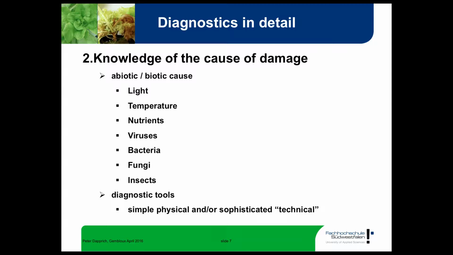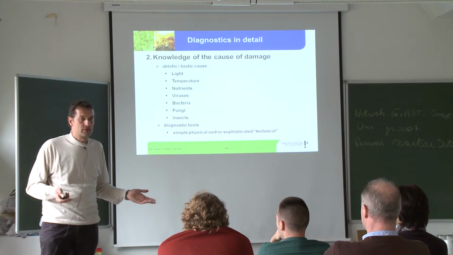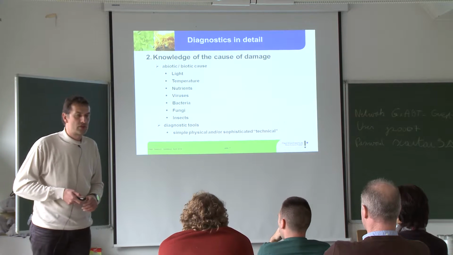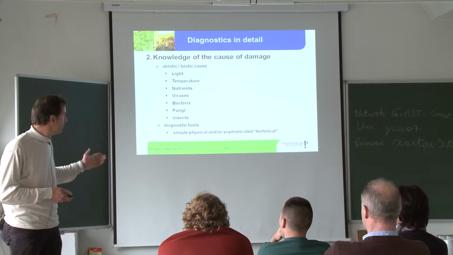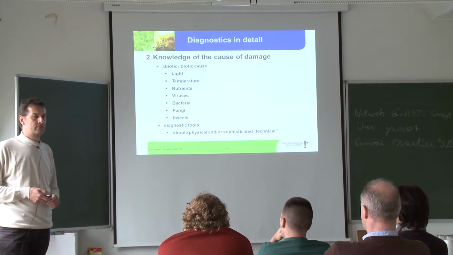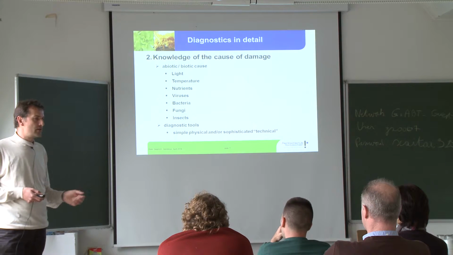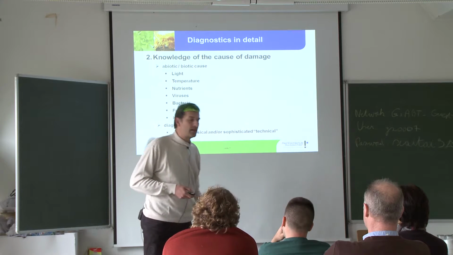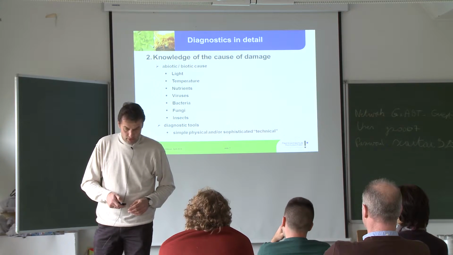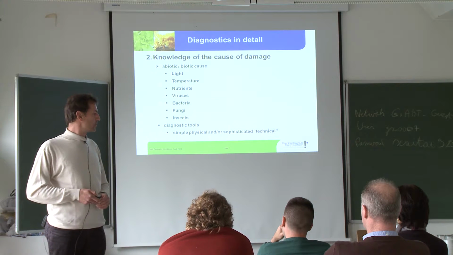What might be simple physical? Removing damaged plant, yeah, destroying it. Just pick the damaged plant out of your floating system and hoping that will be it. Or just discard the parts of the plant that are damaged. That is the most easy way. Because then you can skip those sophisticated technical for identifying. That would be the easiest and the most convenient way.